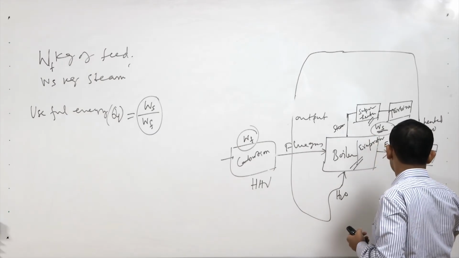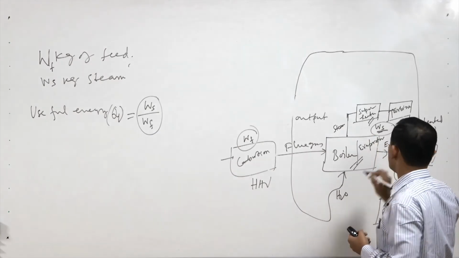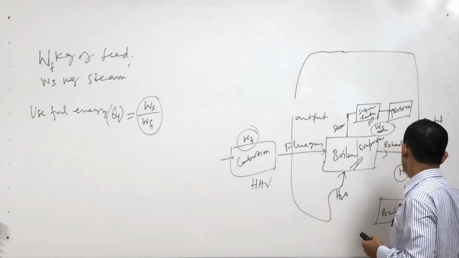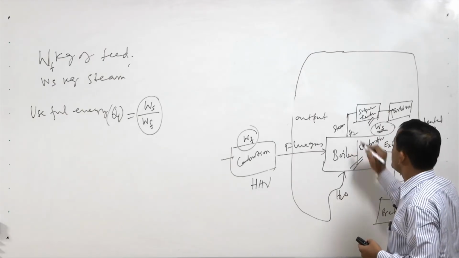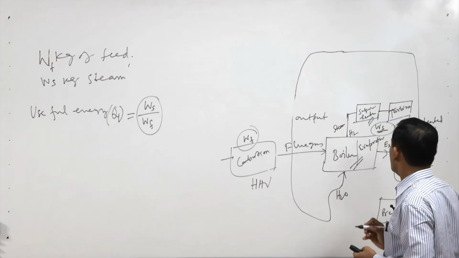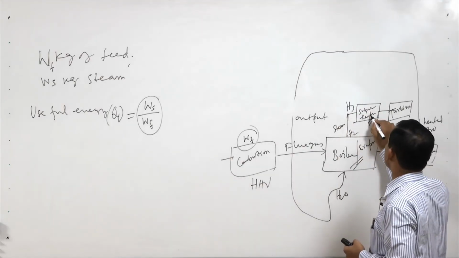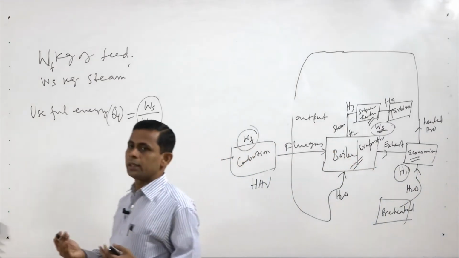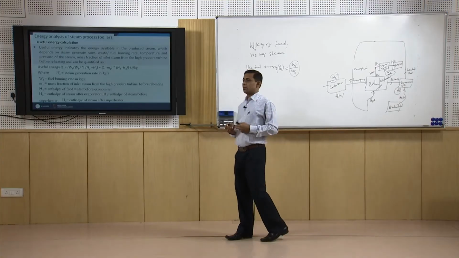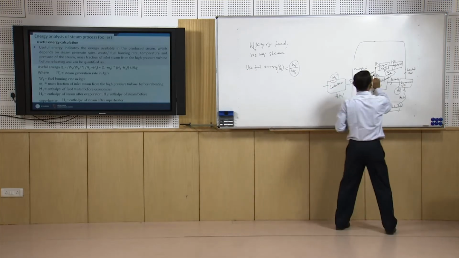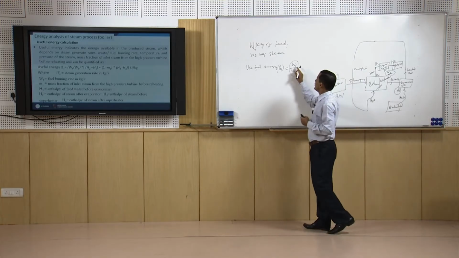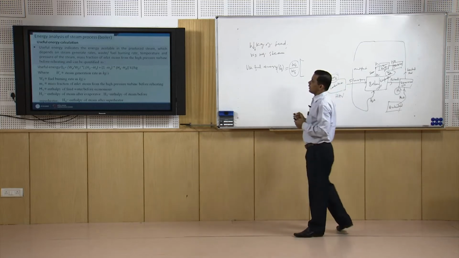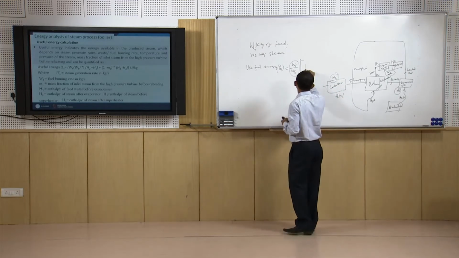So, if we see here, H1 is the enthalpy of the water, this Ws by Wf amount of water, and H2 is the enthalpy here after evaporation, and then H3 is after the superheater and H4 is here going to the turbine. So, if these are the enthalpy of the water and steams at different stages, then useful energy will be Ws by Wf into how much? H2 minus H1